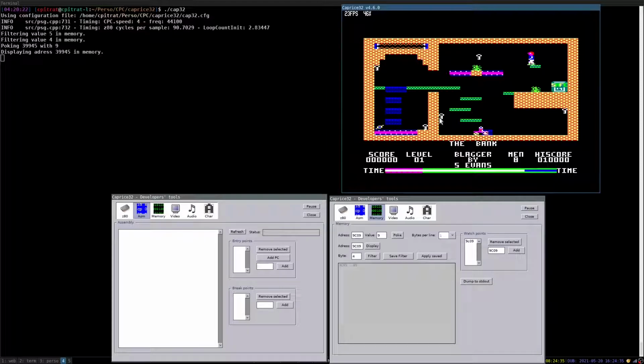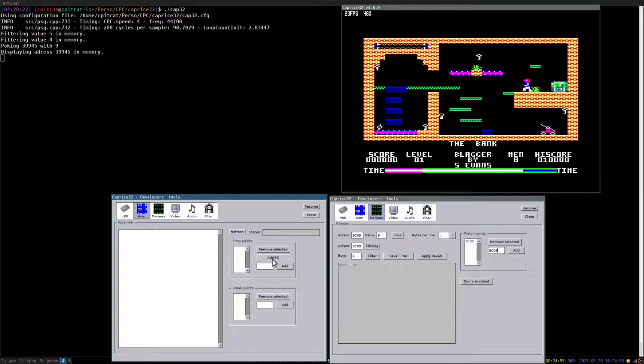And let's lose another life. You can see that the developer tools have quite some impact on the speed of execution. And here I am. The DevTools show me that it paused. The button is now saying resume instead of pause, and the game is not progressing because everything is paused.